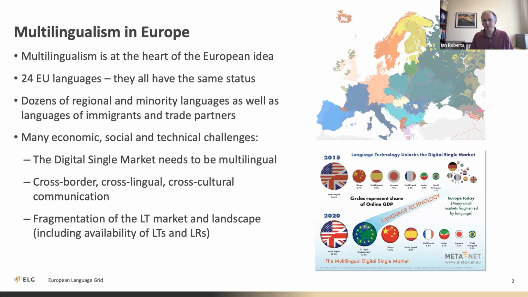So if we want this idea of a digital single market within Europe, then it needs to be multilingual. And there are many economic, social, and technical challenges that present themselves when trying to reach this point. Obviously, one of the big challenges is that within Europe, the language technology landscape is very much fragmented. So Sebastian referred to the big players, the likes of Google and Microsoft and Amazon, but particularly for the smaller languages, the European language technology marketplace is generally made up of many